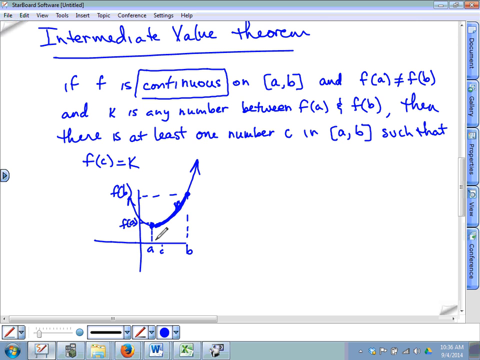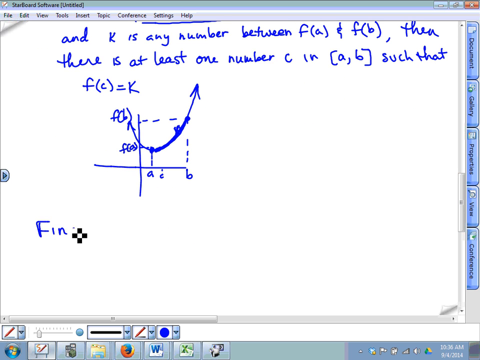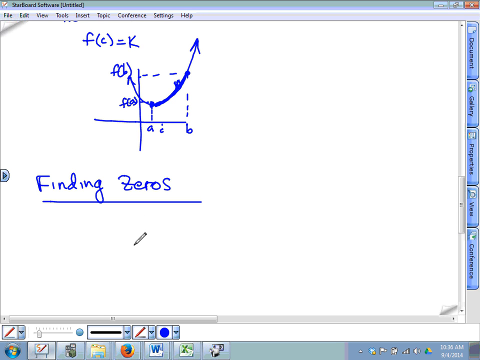Now, it doesn't really have a ton of uses except for one in particular, finding zeros. This is really, we're approximating zeros, I guess is how you use it. We'll see how much into this we can get. We might have to cut this off short, but